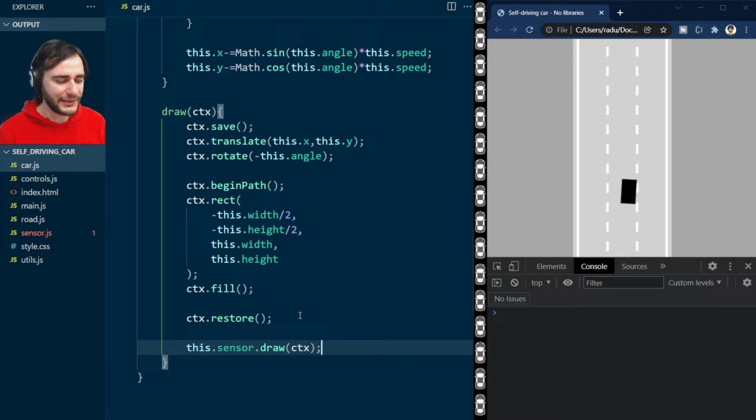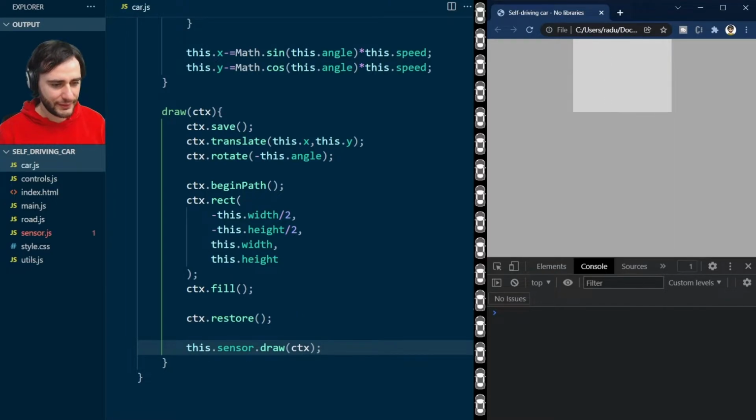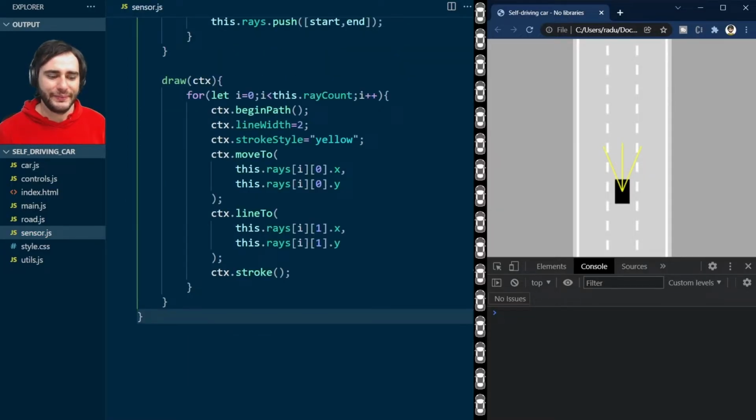So the car now has the responsibility to draw its own sensor. Let's save this, refresh. Okay, so we see now 3 lines popping out from the center of the car like this. And they're at a 45-degree angle, which is good. And when we move the car,